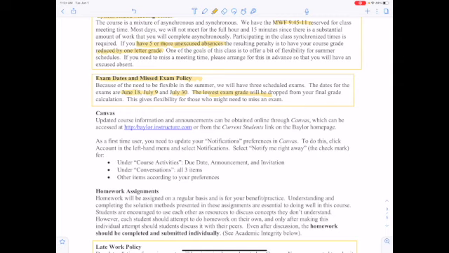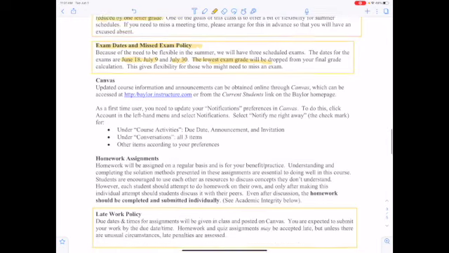However, if you have to miss an exam because for whatever reason, you get sick or you're traveling or you have your sister's wedding, whatever happens that you might have to miss an exam, we have some flexibility built into the schedule. It's just that if you miss that exam, that's going to be the one that you replace. Okay? So that's the thing about exams.